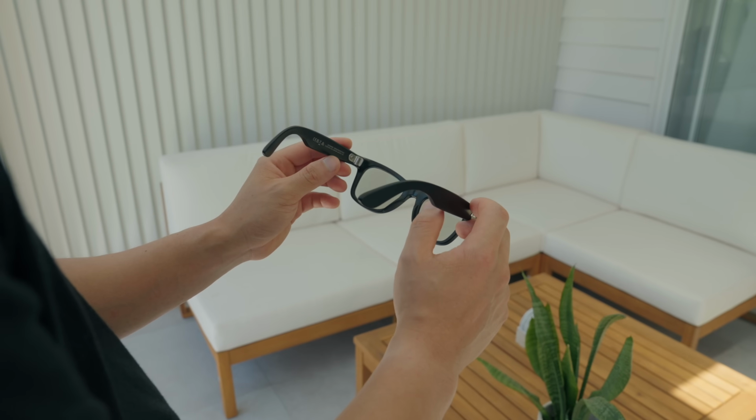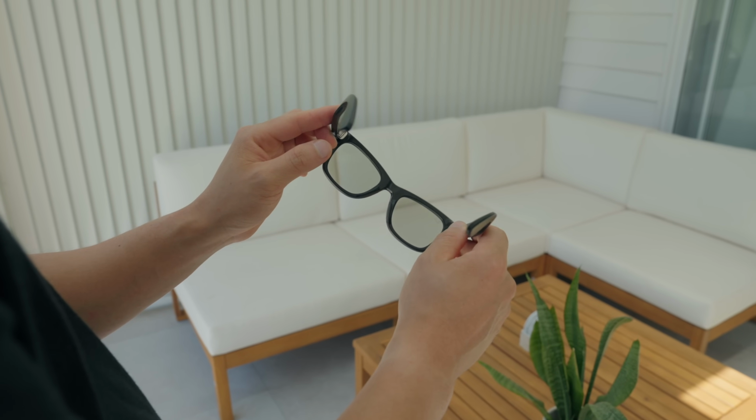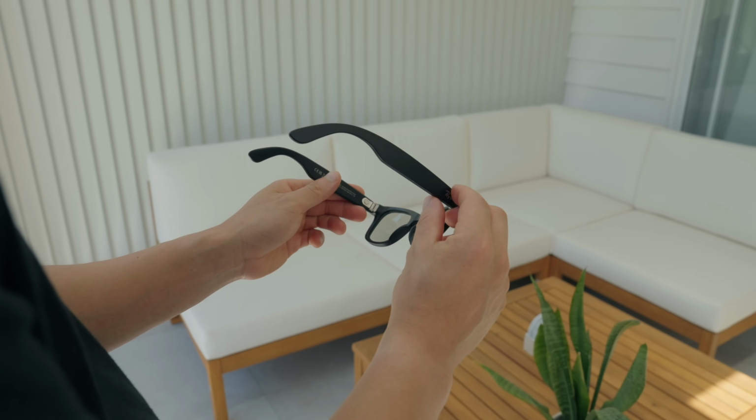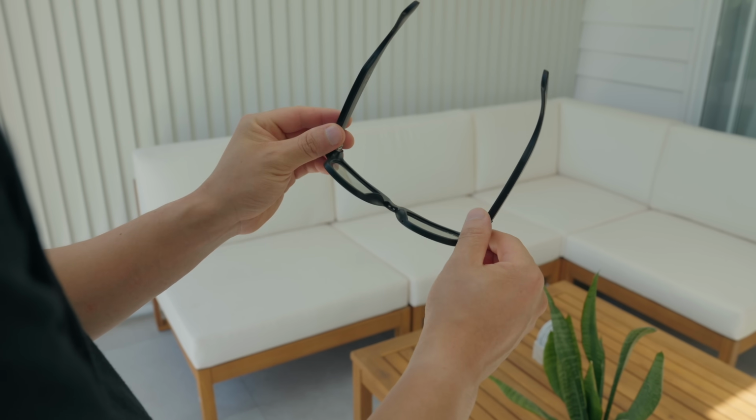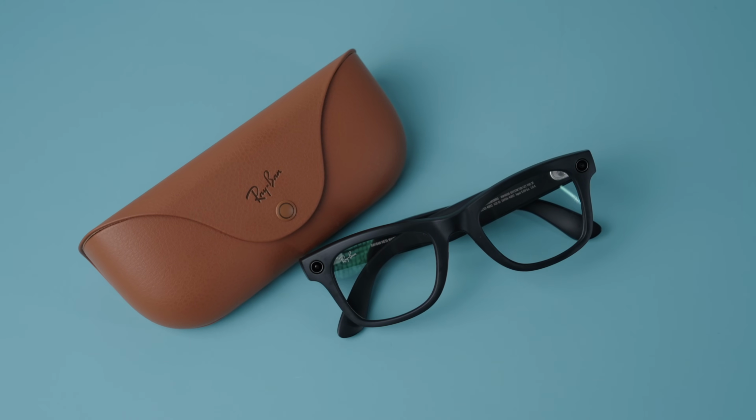Starting with the design, this is a gadget that doesn't look like tech at all. It looks like a normal pair of Wayfarer sunglasses in matte black. They also have transition lenses, which means they're light responsive, going from clear indoors like right now, and then also stepping outside in the sun, they adapt and then become fully dark. As glasses, they're both stylish and filled with incredible tech features that I've been using daily,